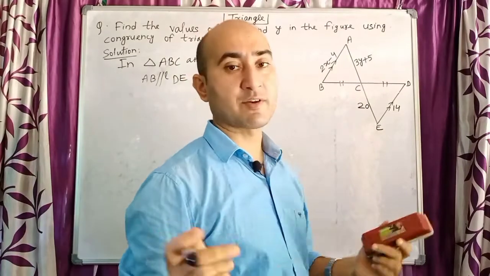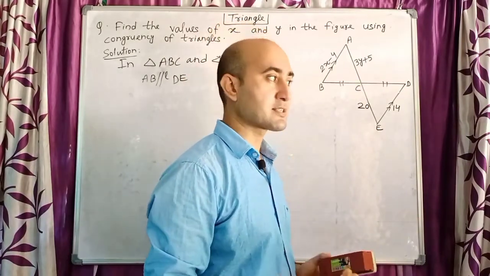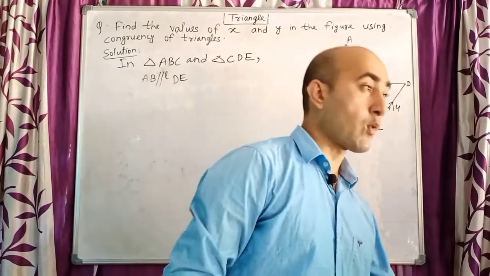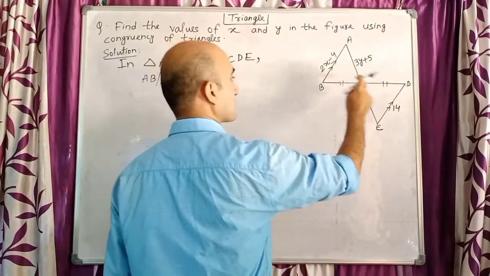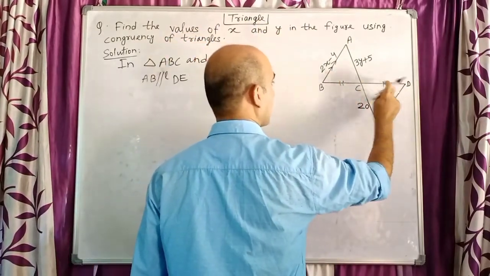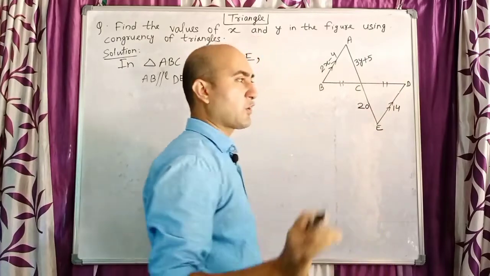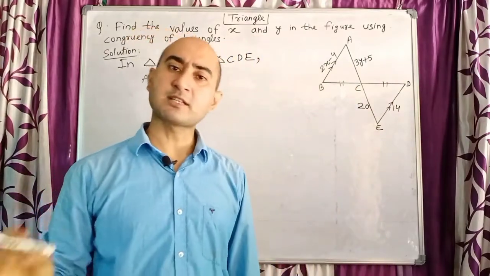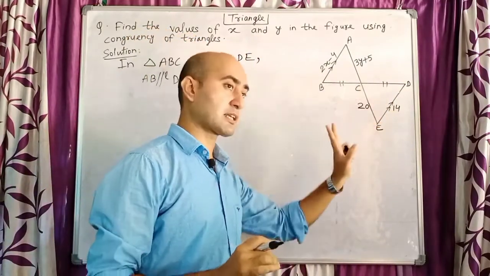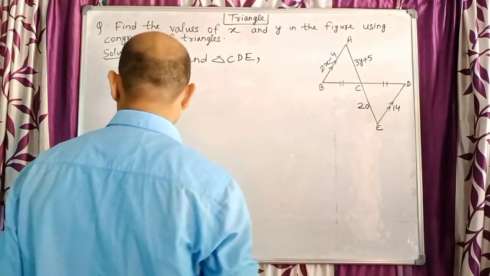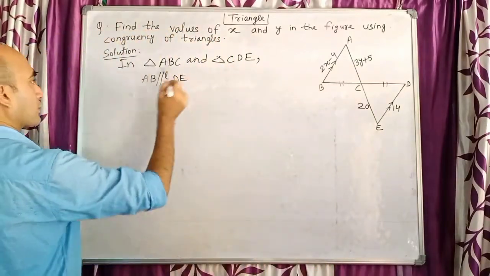So when three things of a triangle are equal, then we can say the two triangles are congruent. One more alternate angle also is here. These two angles also are alternate angles. But one alternate angle, one vertically opposite, and one given thing, that given part, these two sides are equal. So with this we will prove the congruency.